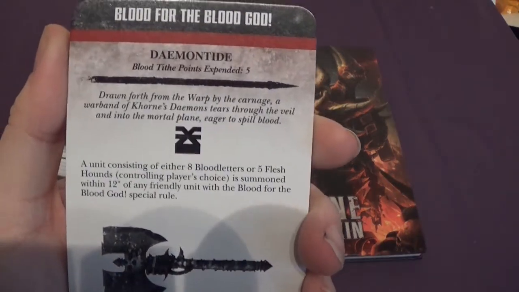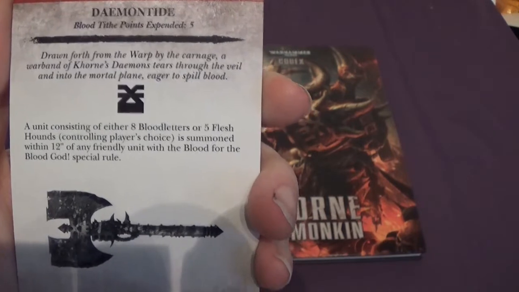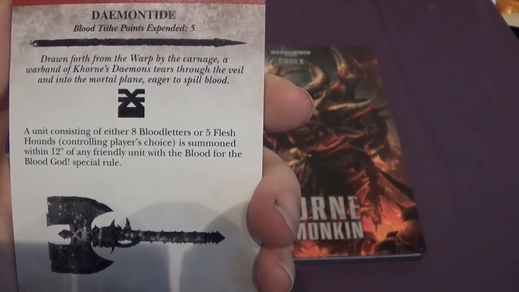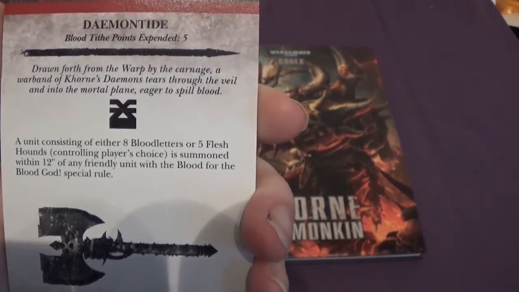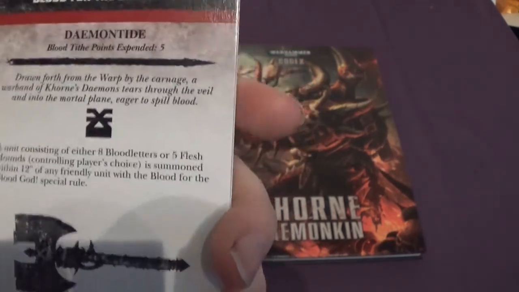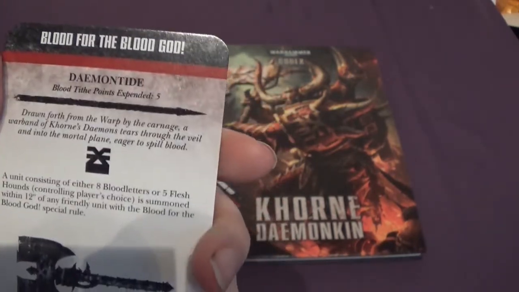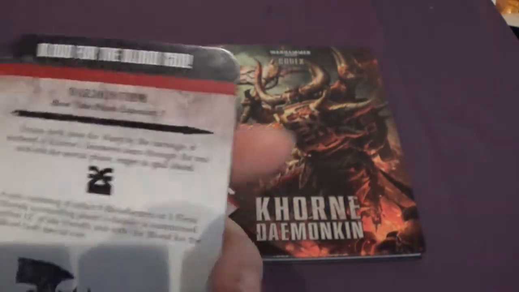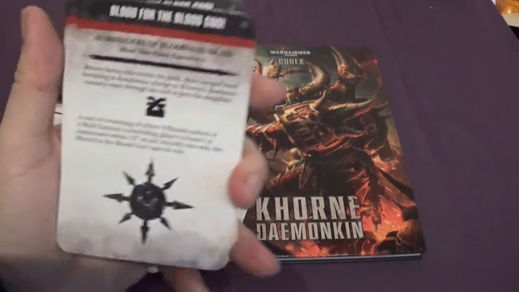Demon Tide, which is 5 points. Any unit consisting of either 8 Bloodletters or 5 Flesh Hounds is summoned within 12 inches of any friendly unit with the Blood for the Blood God special rule. That's probably my favourite overall. You only have to get 5 points to get it, and it gives you reinforcements straight away. I mean, the next one's more powerful, but...